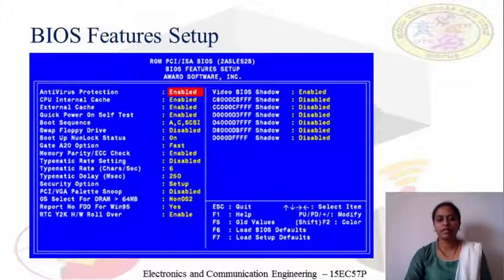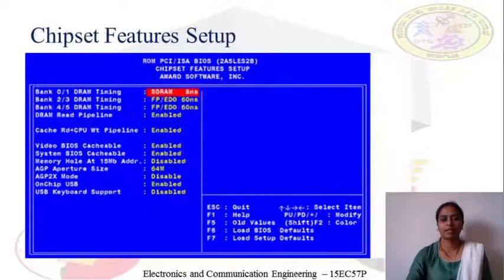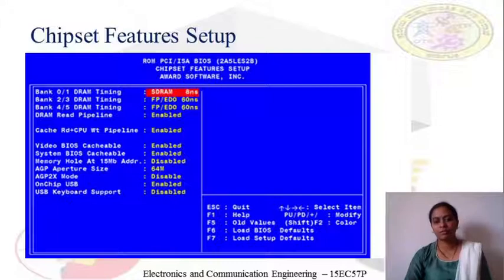Shadow means you create a shadow, or a copy, of your BIOS. Chipset feature settings. Okay, this is used to make the settings for memory, system timing, and other ports, USB ports or AGP ports.